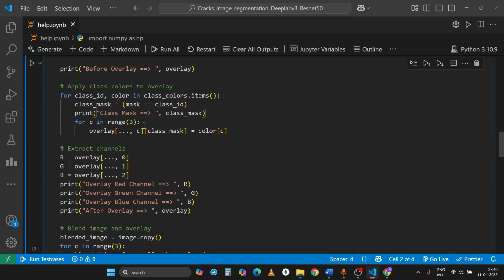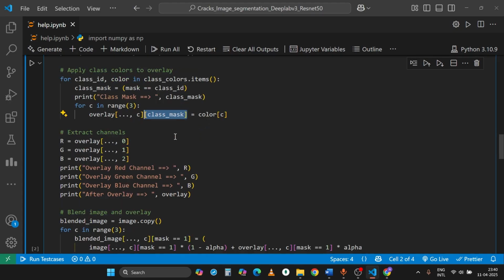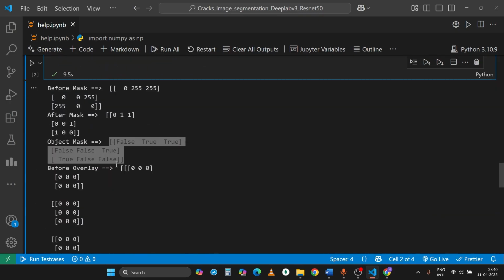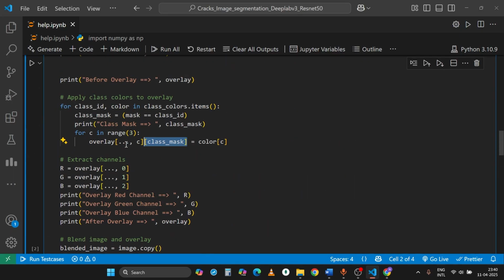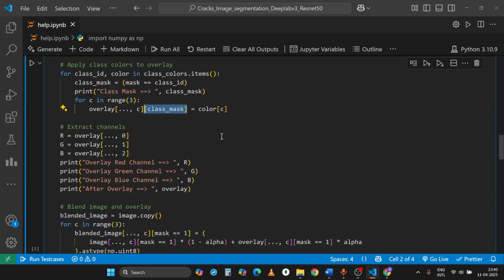Now we have to iterate. We have 3 channels, so the range will be 3, and for the overlay, suppose c is equal to 0. At the first iteration c is equal to 0, so first we have to retrieve the channel of the overlay and just pass the boolean class mask to it. What is happening here? See this, when you pass the overlay, a red channel, with a class mask, then where there is true